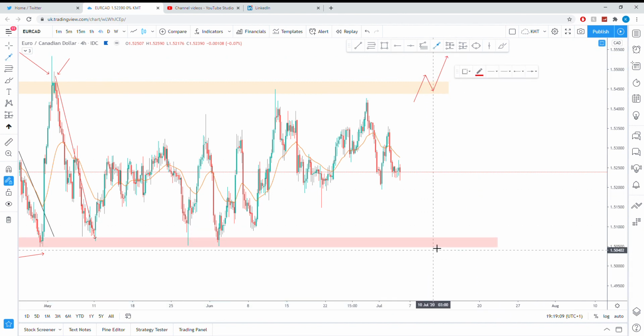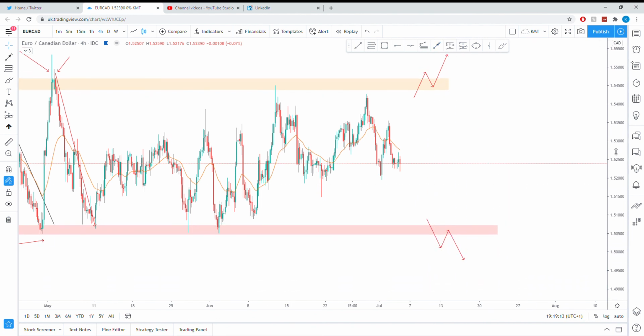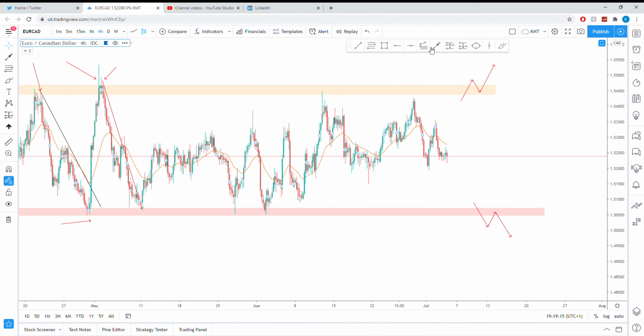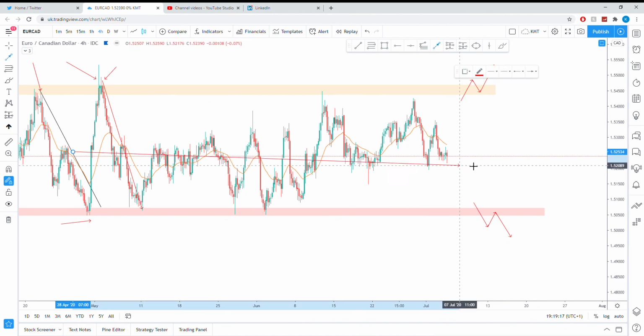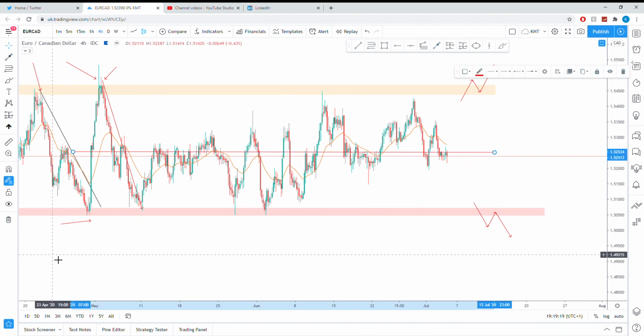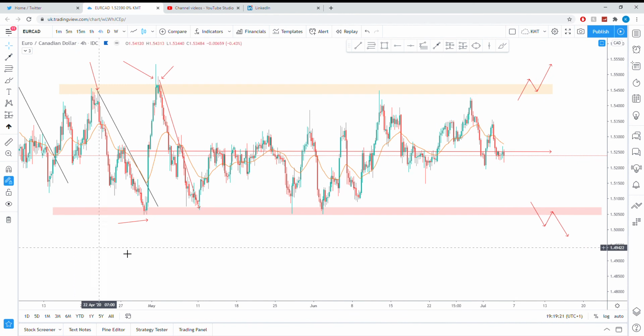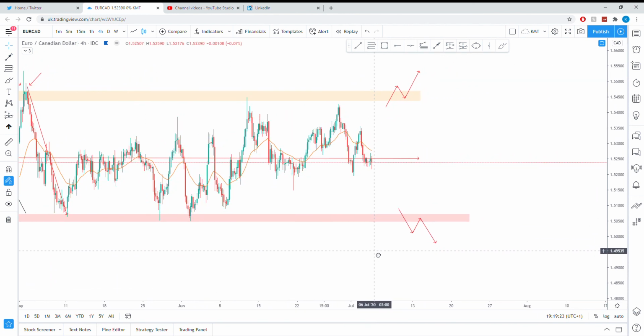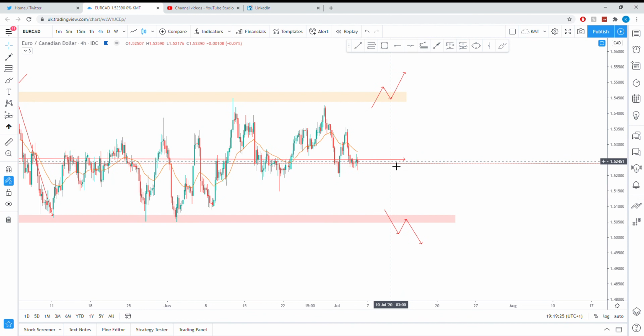So pretty much we're staying very aware of where we are in the market. We're back into almost the center of this whole range. We're stuck in here since mid-April all the way till July now. So I'm expecting a move soon, hopefully,